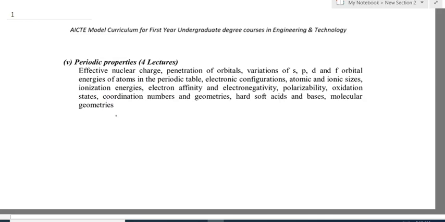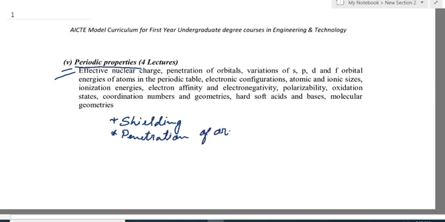Okay, so today we'll start a new module of our AICTE based lecture series, right? The fifth module, the periodic properties. And today's first lecture will cover the concepts of shielding,